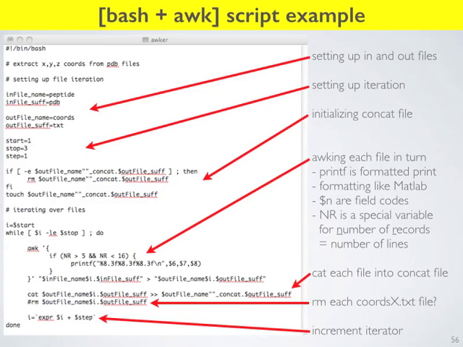Okay, then we're going to do a little trick. We're going to initialize the concat file. We check whether there exists within this current directory something called, and this out file is going to dereference to coords, underscore concat dot, and then the suffix is txt. So this is asking, is there a file in the current directory called coords_concat.txt? If there is, we're going to remove it because we want to clear that out and make a new one. So we delete it, and we close our if, and then we're going to touch this file to start a brand new copy of it.